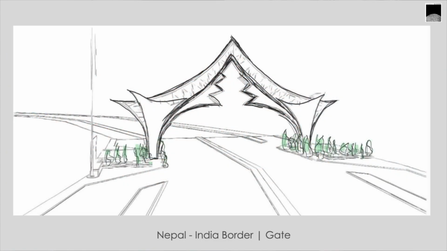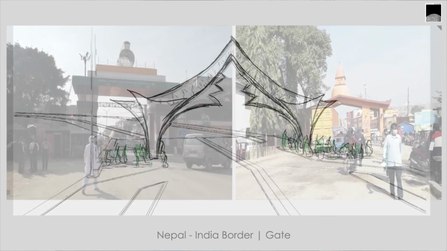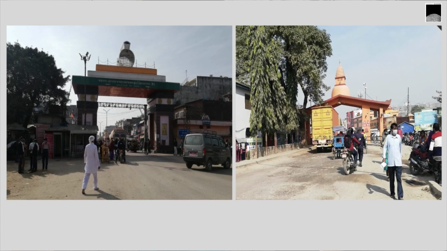And the public project, the gate design on the Sunauli Belahiya border in Bhairahawa. The existing gate was in dilapidated condition and was a crowded space with the hustle and bustle of people and goods loaded on trucks in queue at customs. There were no separate pedestrian pathways and pause points for the people rushing to and fro with their luggage.